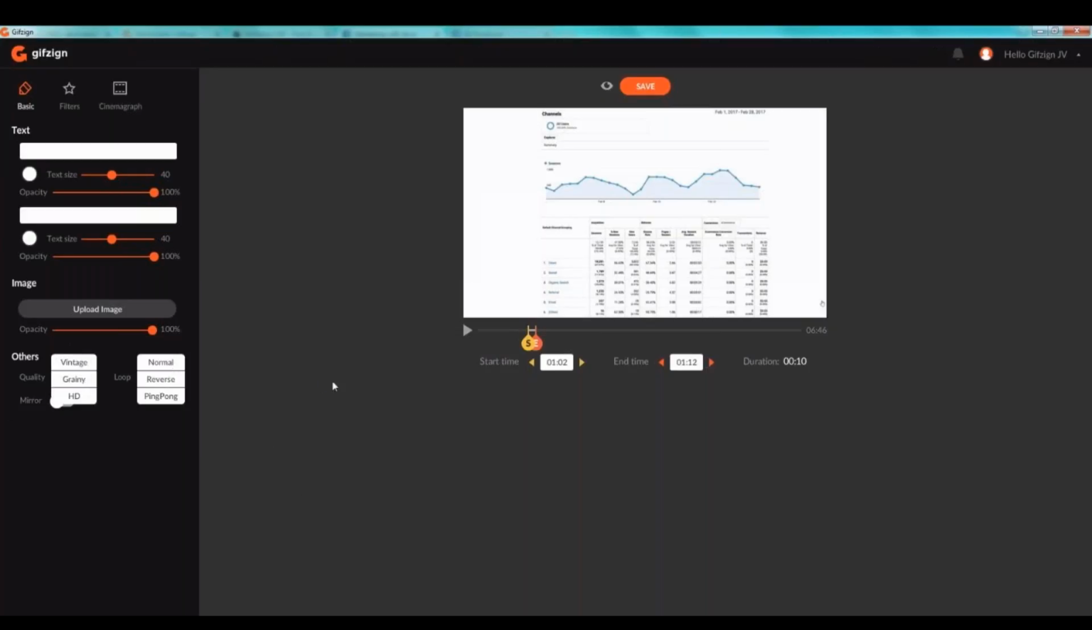We can also change the quality. We can have vintage, which is the regular GIF images. We have the grainy, and we have the HD if you want it to be on full screen. The HD, I wouldn't recommend it for Facebook and social media; I suggest the vintage. But if you're going to put it on a website or in a presentation, the HD would do just fine. So from here, let's say, for example, I'm going to add a text here saying,